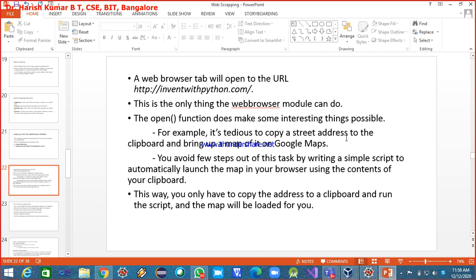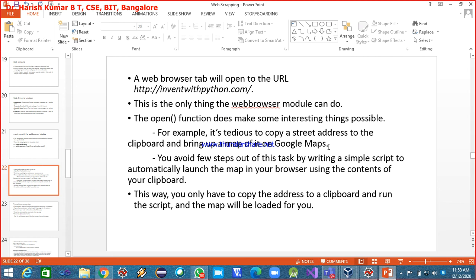It's tedious to copy the street address to the clipboard and bring up a map of it on Google Maps. First I copy the street address, I open my browser, and after opening it I say Google Maps. Google Maps opens, and to locate my street address I place my address in the text box, and then click on search or locate.